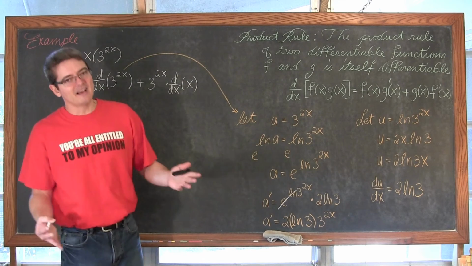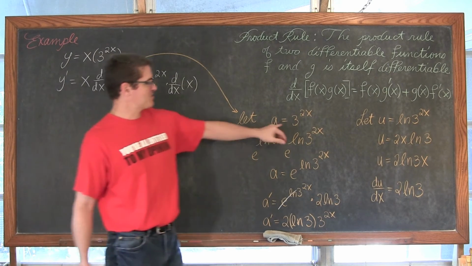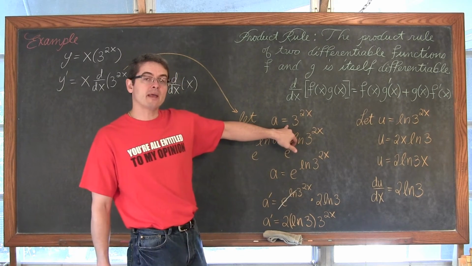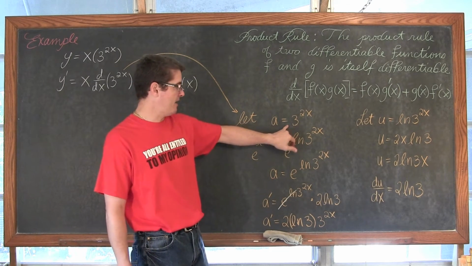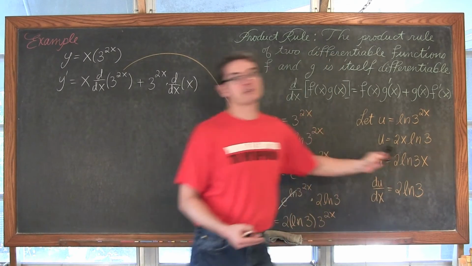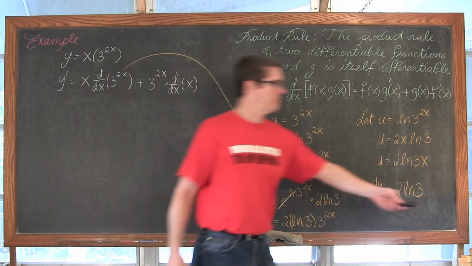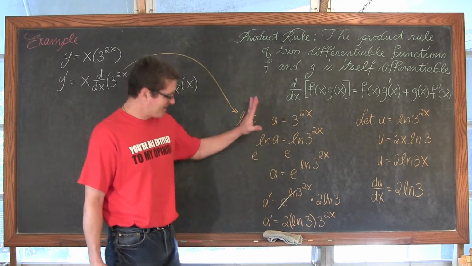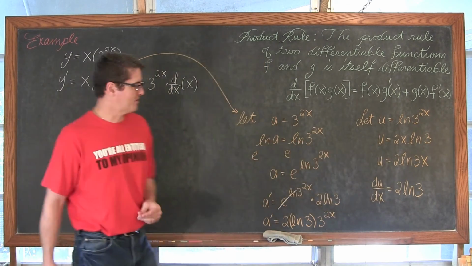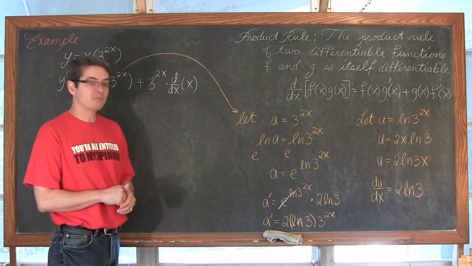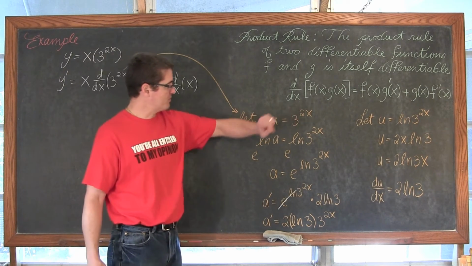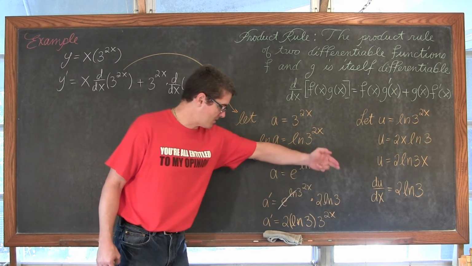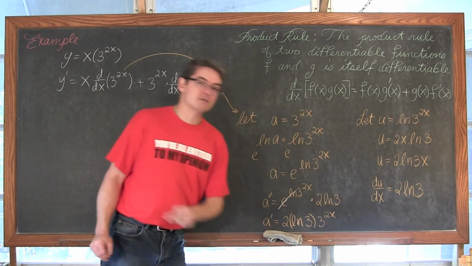Okay, so yes, working our exponential functions into a base e and not using the new rule that we have for doing it for any base a, is going to take a little bit more work. This looks like a lot more work because I'm showing every step in hopes that you can follow my work better. If you did it on your own, you probably can do it a little bit quicker. And we have, if a is equal to 3 to the 2x power, then a prime is equal to 2 times the natural log of 3 times 3 to the 2x power.